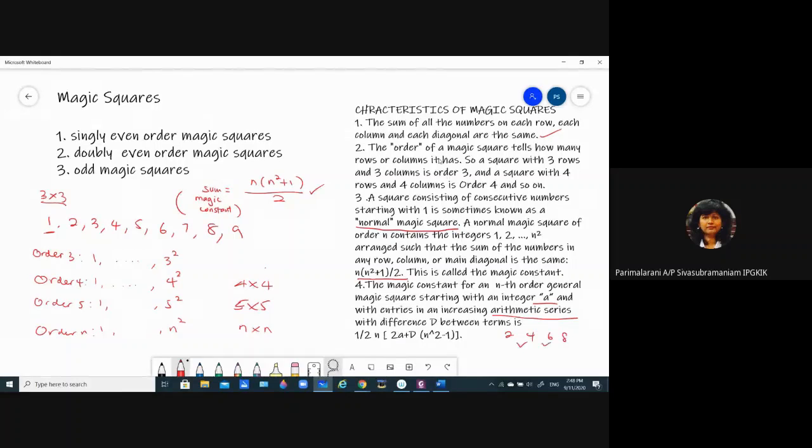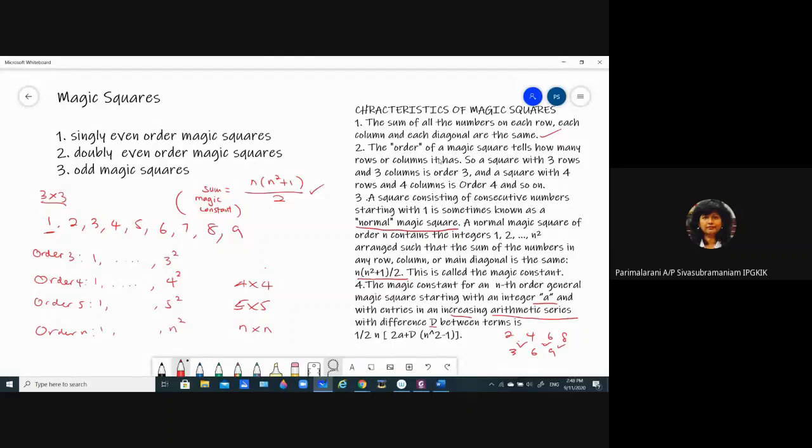The difference here is 2, you plus 2, plus 2, plus 2. It can be 3, 6, 9, you plus 3, you plus 3. So if the first number is a, and the difference between the terms is d,